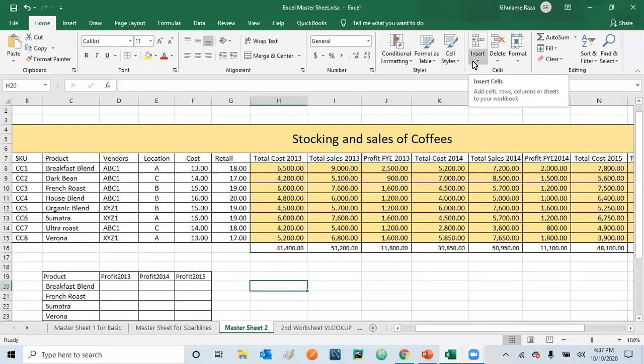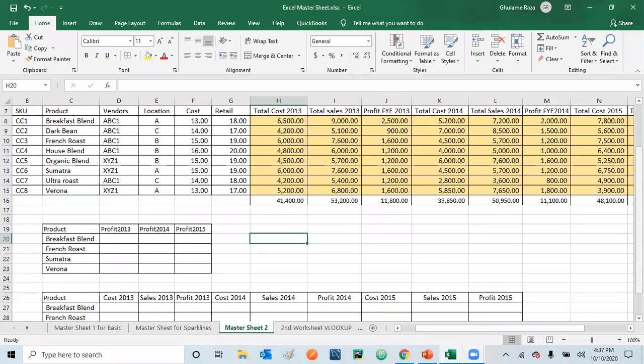Hello viewers, my name is Raza and today we will be learning VLOOKUP for single column and also VLOOKUP for multiple columns on the same page. And also, if we want to bring the data to another sheet, like if we want to work with the other sheet, so VLOOKUP for single product on different sheet or VLOOKUP for multiple columns on different sheet. So let's start learning.